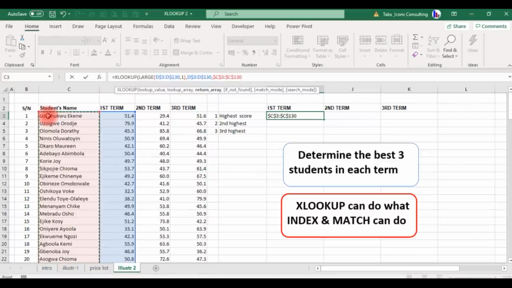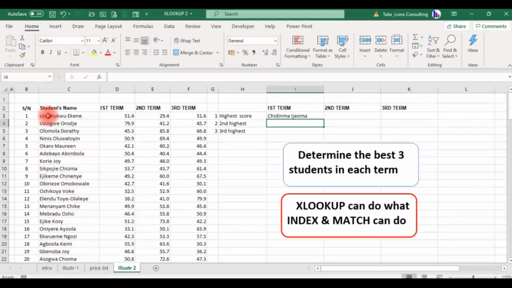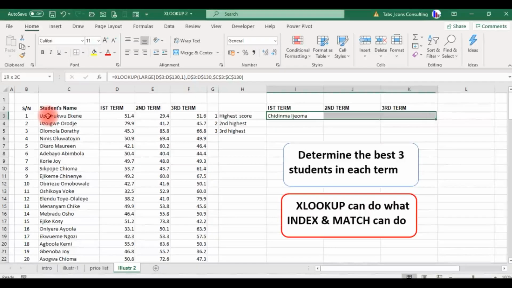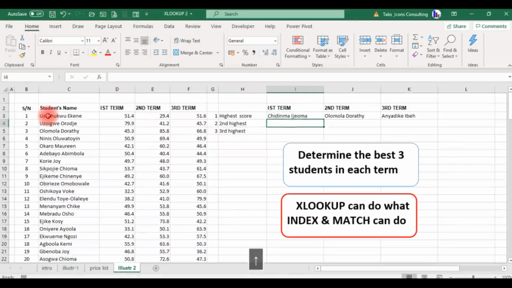So all I need is press enter, and I see that the first person there who owned that score is Chidima. Now if I copy this to the right, now I have gotten the first in each of those terms. Now if I copy down, all I need to do is to change